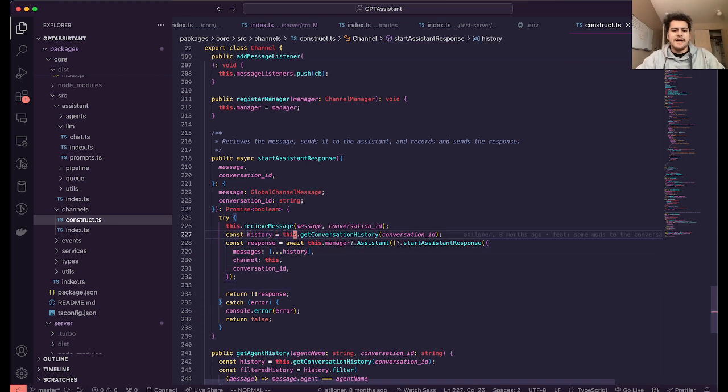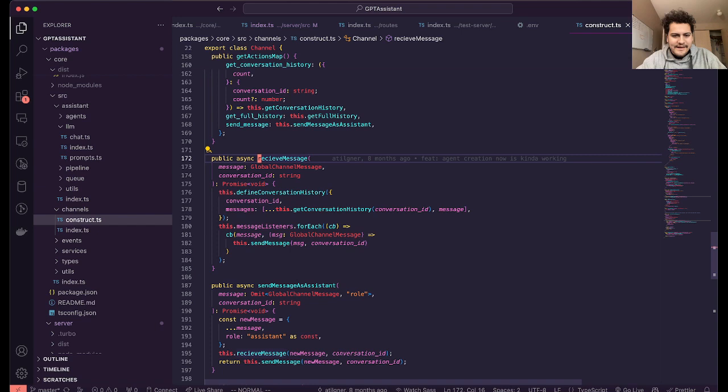So then, based on the message provided in the start assistant response call, we're going to grab the history. We're going to grab a response from the start assistant response method, and then we're going to respond whether or not that was actually given. But the important part is this receive message call right here. In receive message, we're actually going to define conversation history. So we're going to essentially add